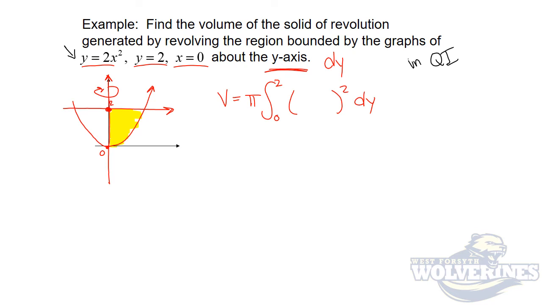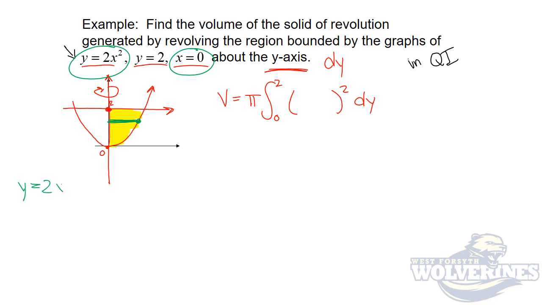Okay. So if we think about how we would draw in our little radii here, if we're thinking right minus left. So the left here is just x equals 0. Emphasis on the x equals, right? Because the right is the parabola, right? Over here, this is the parabola. Okay, I need it to also be x equals something in terms of y. So,